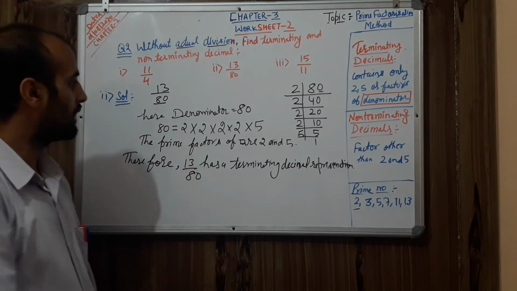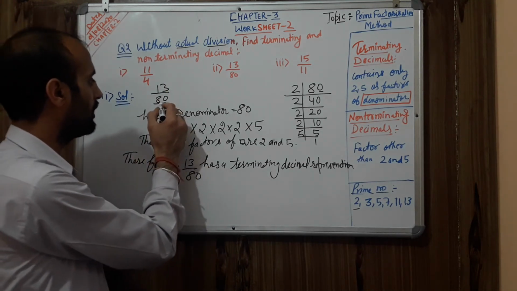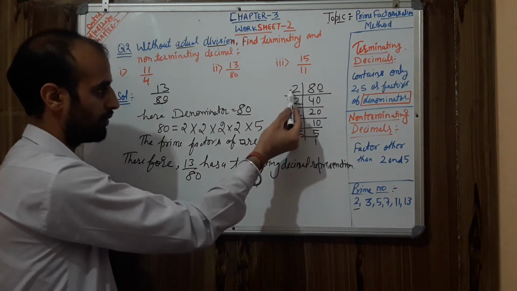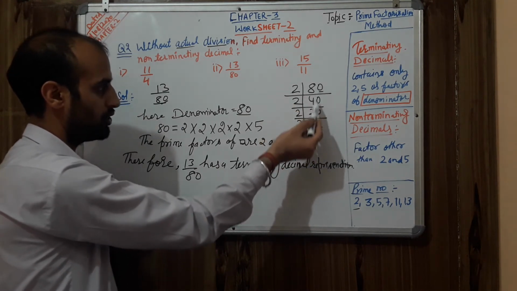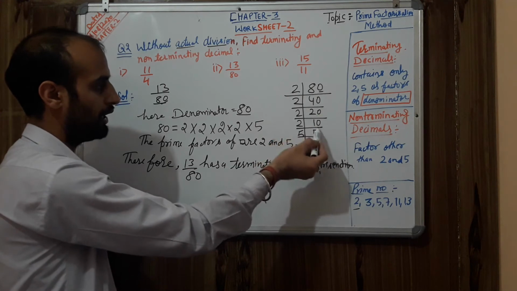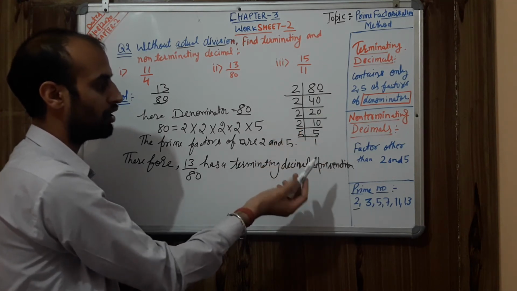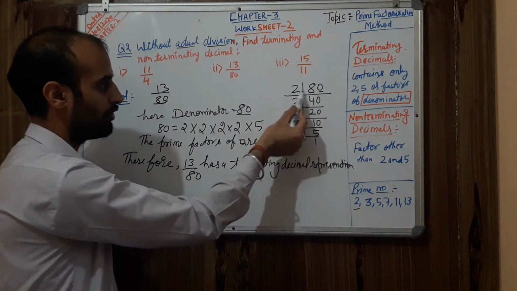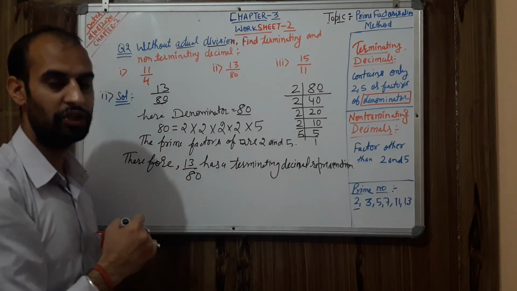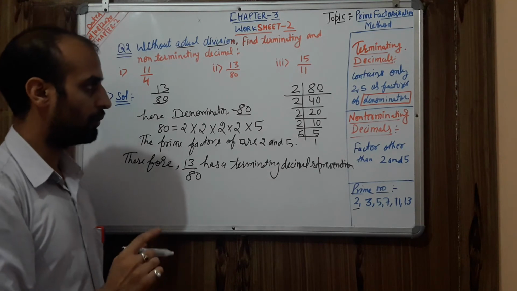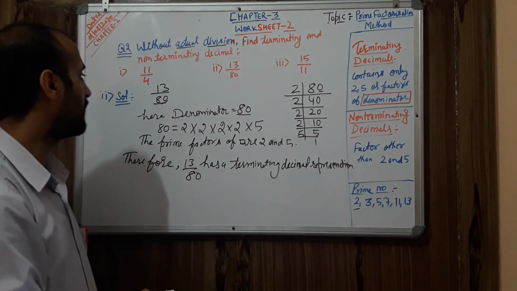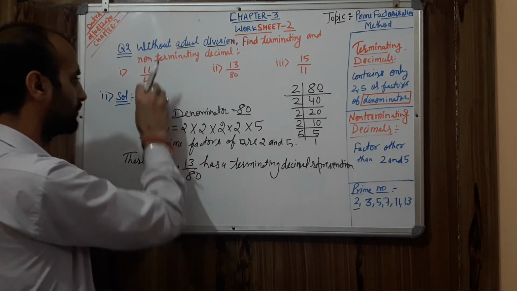See what I did first. I have written the number, then the denominator 80, and did its prime factorization as I did. From here start: 4 to the 8, 0 as such, 20 to the 40, 10 to the 20, and you can cross-check: 5 ones to 5, 5 to the 10, 10 to the 20, 20 to the 40, 40 to the 80. All answers are linked to one another. After that, it is clear to you how to find out terminating. So let's take the third part in a similar way.